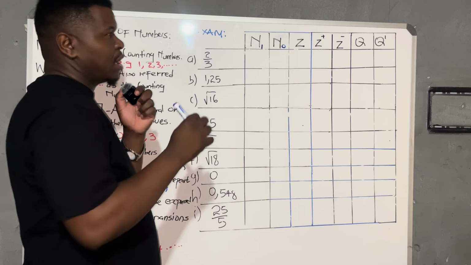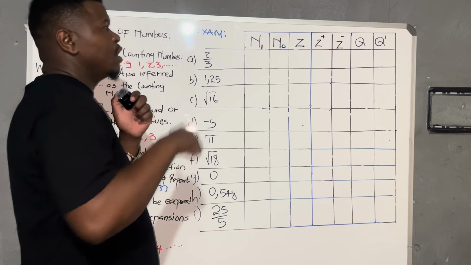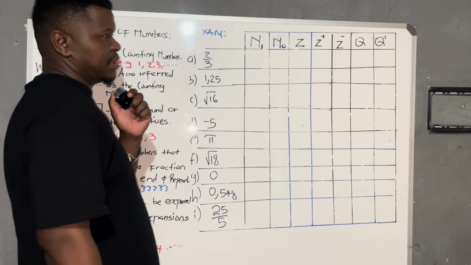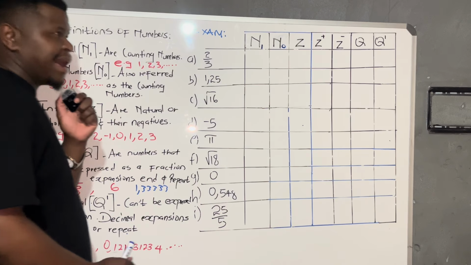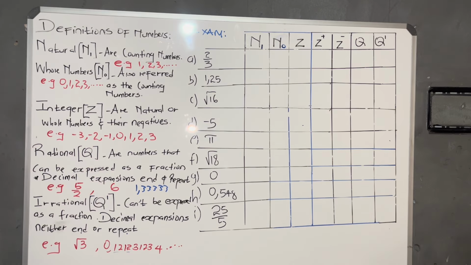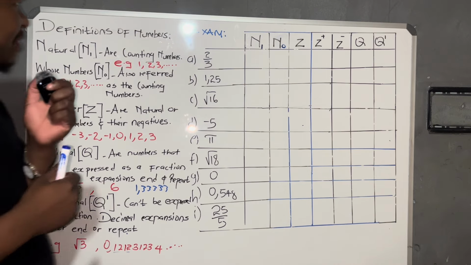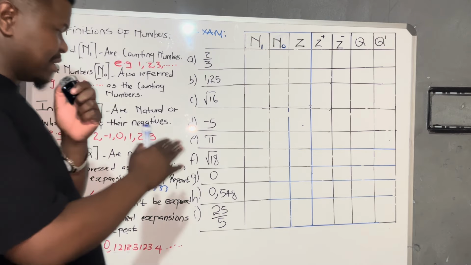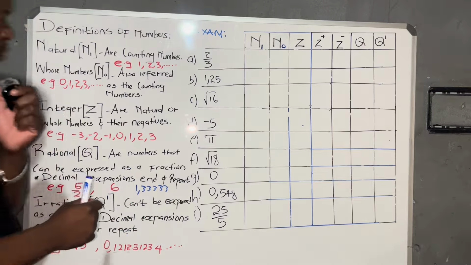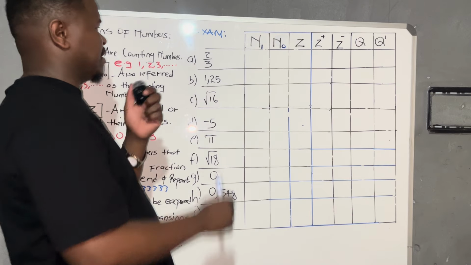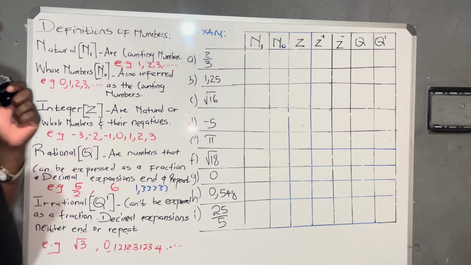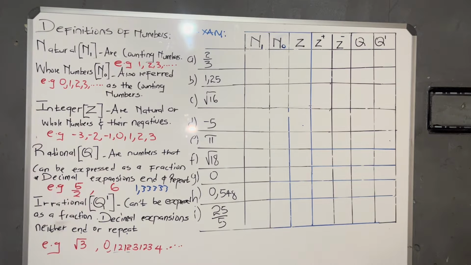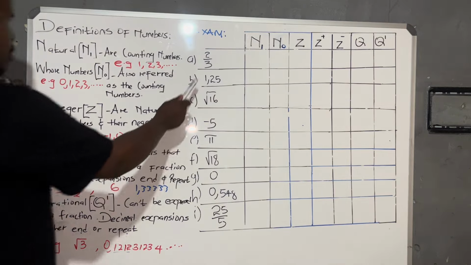Some instructions will allow you to cross if you say no, tick if you agree. So my advice is, if you want to score a lot of marks here, start with the obvious. Always start with the obvious. What is it that you know most? Now if you check 2 over 3,